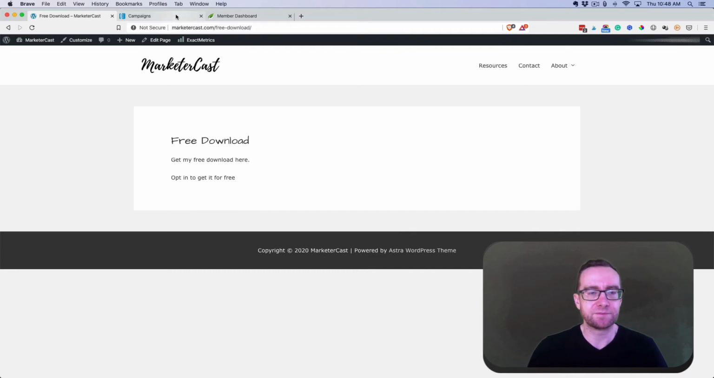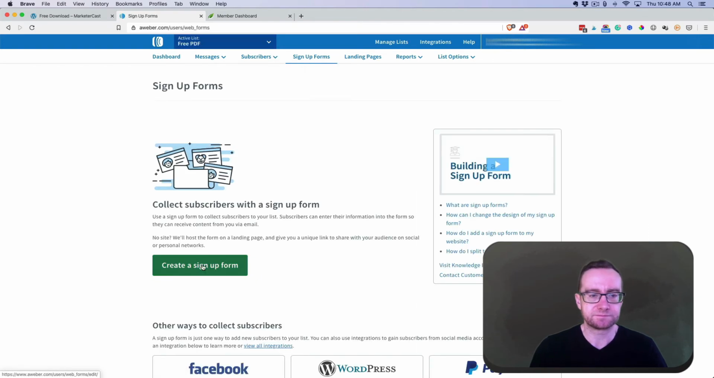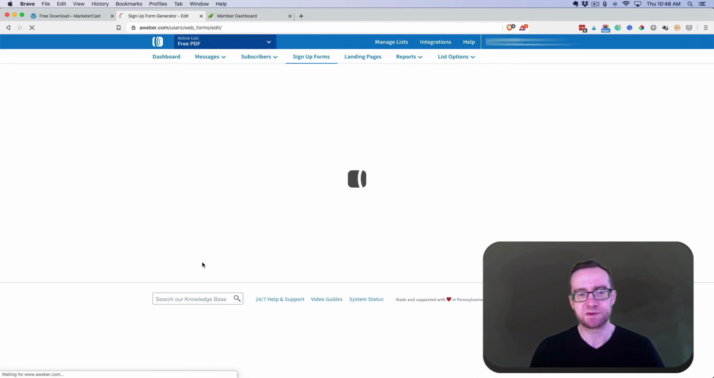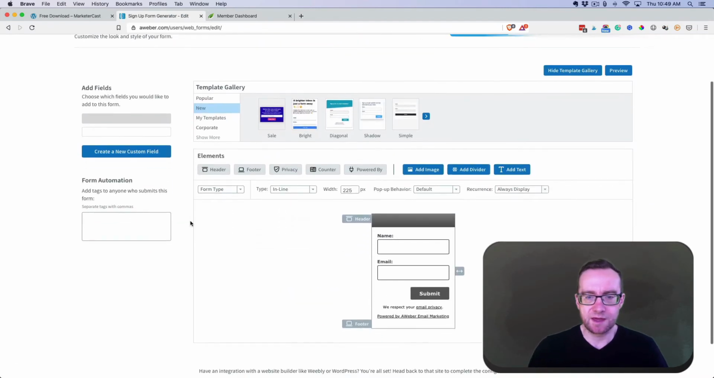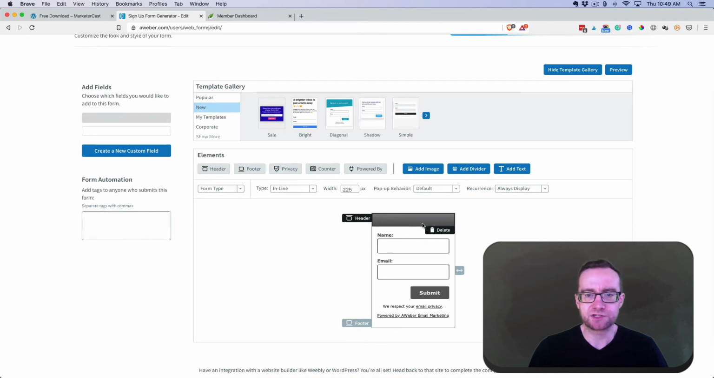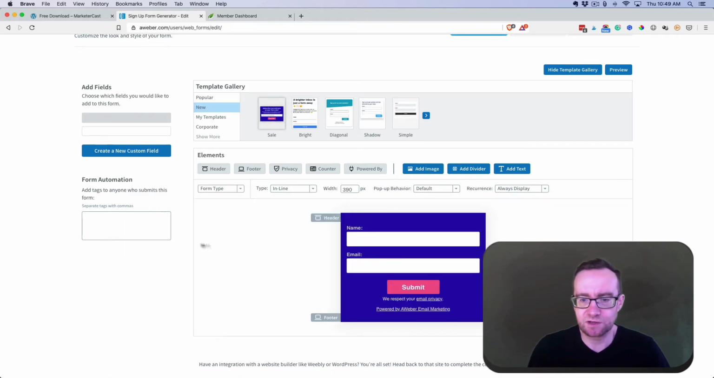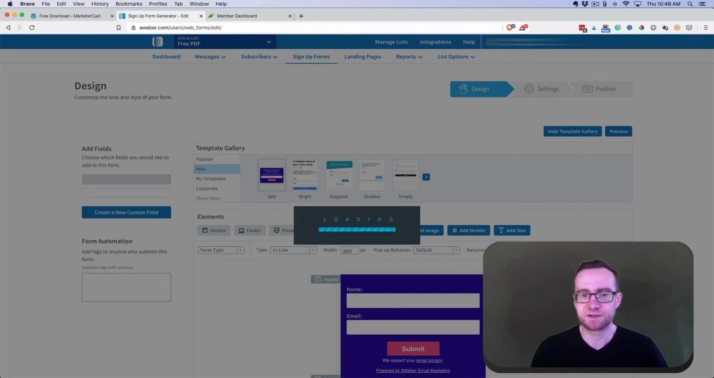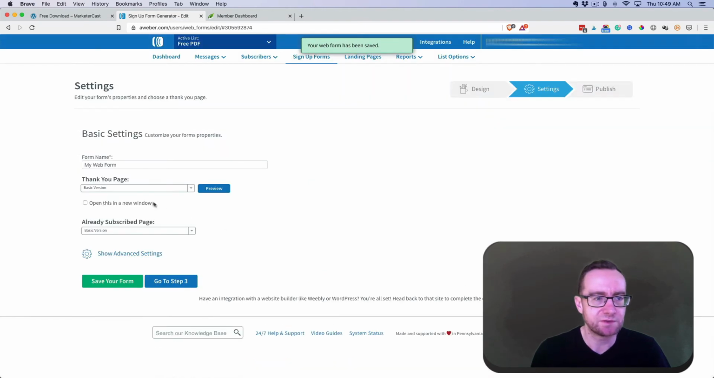Okay, now in this case, what we need to do is we'd actually need to make a sign up form in Aweber so people have somewhere to opt in. Okay, and pretty much you're going to want to choose one of these options. So let's say you want to load template, and we're asking for name and email, and I'm going to save my form and go to the next step. Go to step 2,